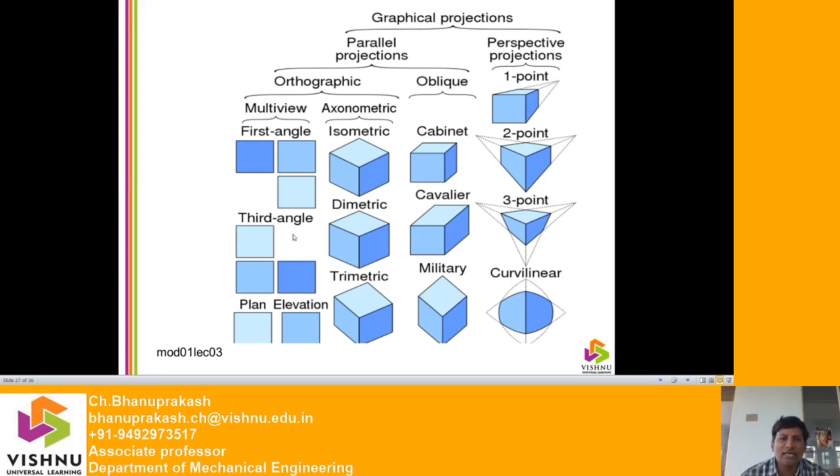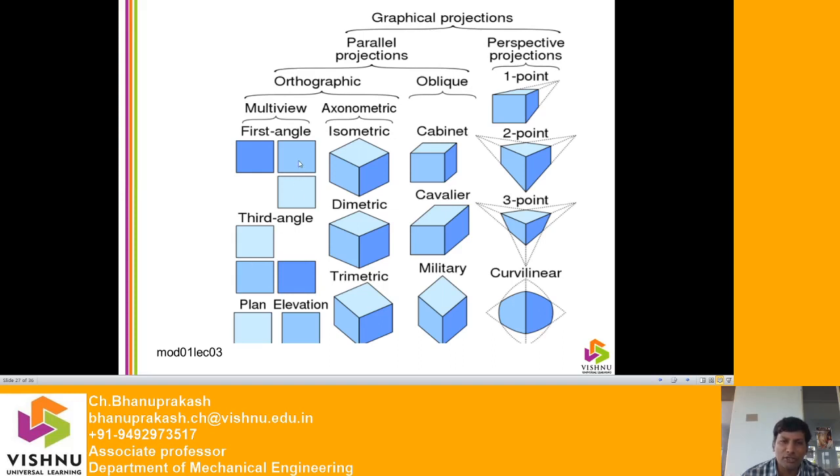Now, you have to go for the third angle projection, where you have to place the object in the third quadrant. This is the same object I am taking. When I am seeing from the front, you will get a front view. But in the third angle projection, when I am seeing from the top, see, in the earlier lectures on the projection of points we discussed, the horizontal plane is not constant, it is moving in the clockwise direction. So, the top view will come above the front view. This is the main difference between the first angle and the third angle projections.